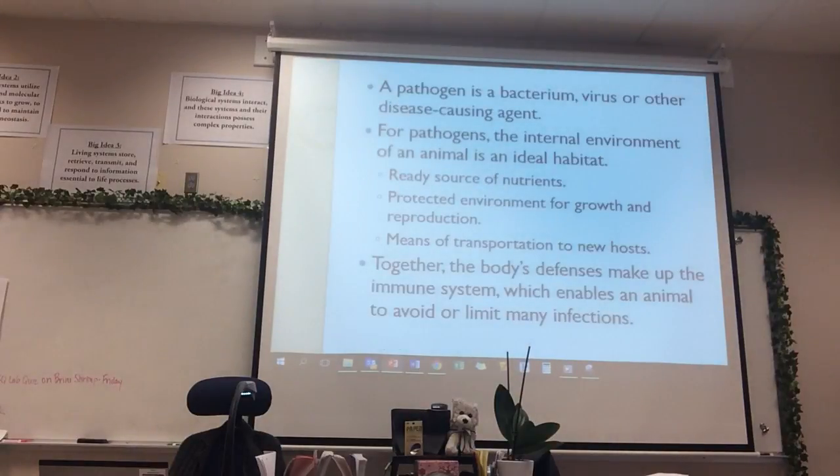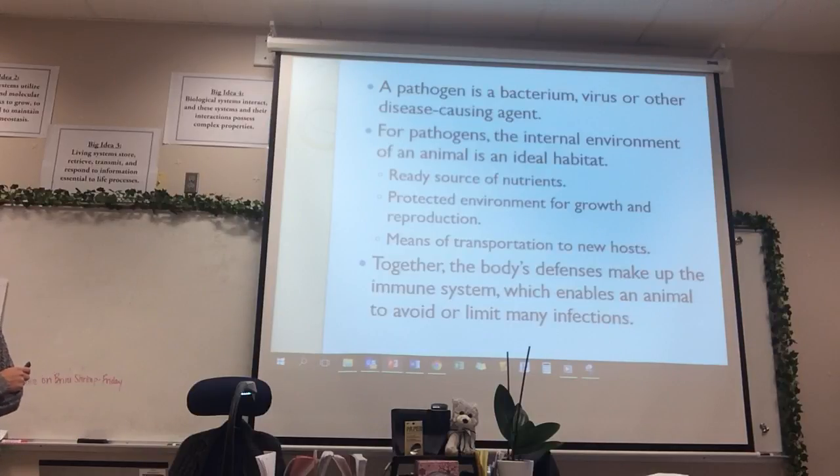Well, how do they eat them? They eat them by phagocytosis. And that was a process that we first learned about back in Unit 2. So a pathogen is a thing that makes you sick. Okay, a pathogen could be a bacteria, could be a virus, could be a fungus, could be a parasite, right? Any of these things. A pathogen is something that makes you sick.